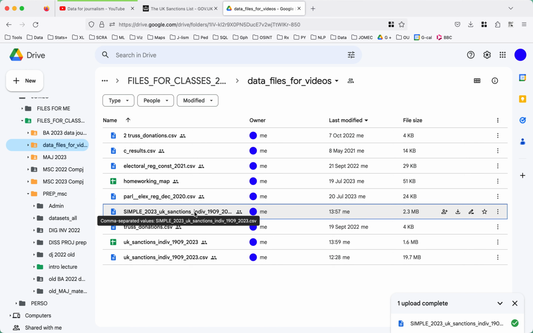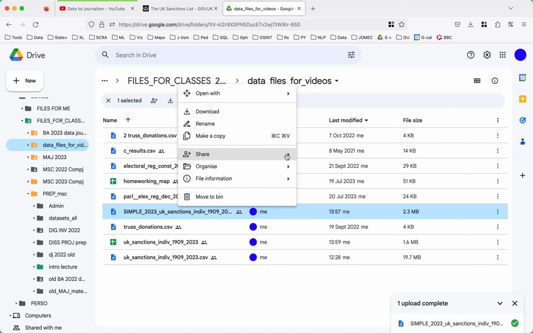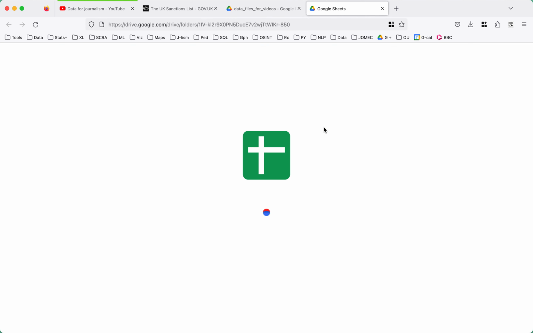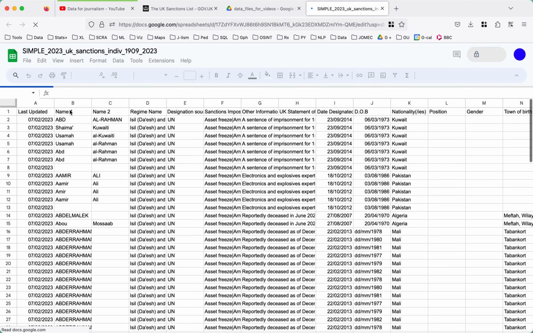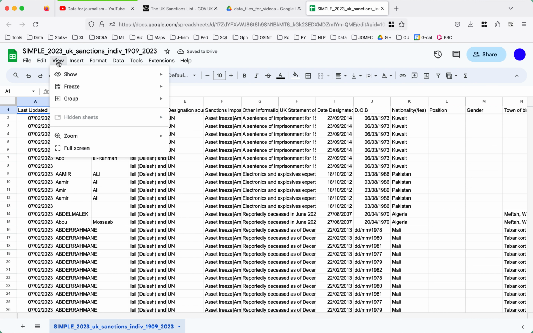So you'll have this data set, simple 2023 UK sanctions. You can open that in a Google Sheet, and there's about 2,000 rows of people against whom there have been sanctions declared by the UK. I'm going to zoom, go to View, Zoom